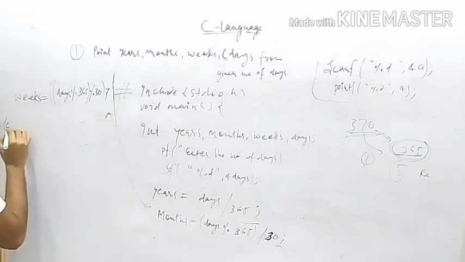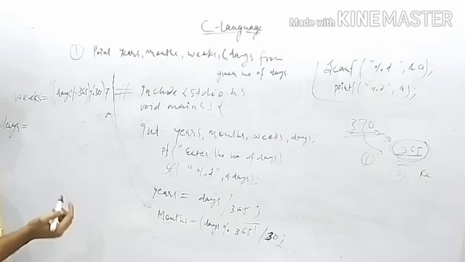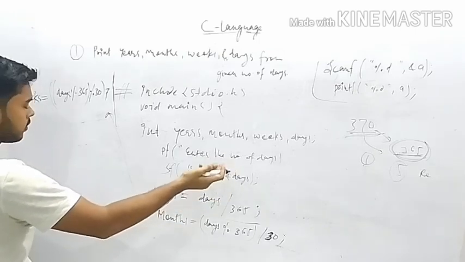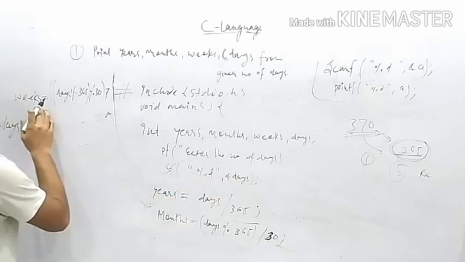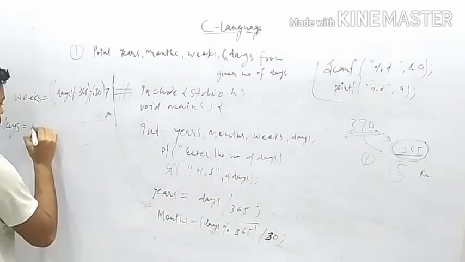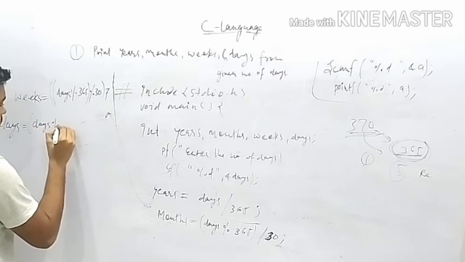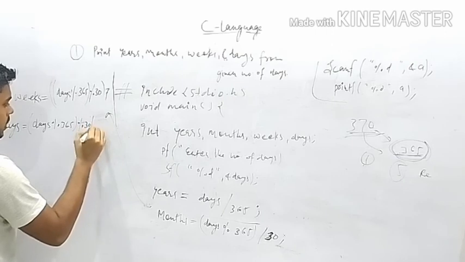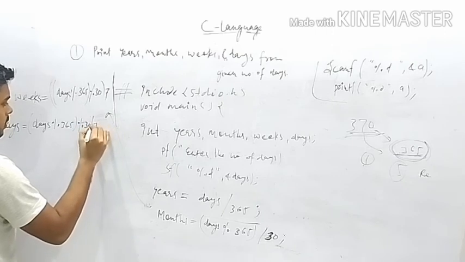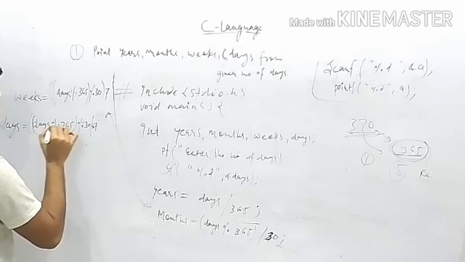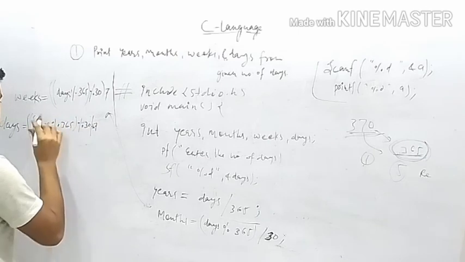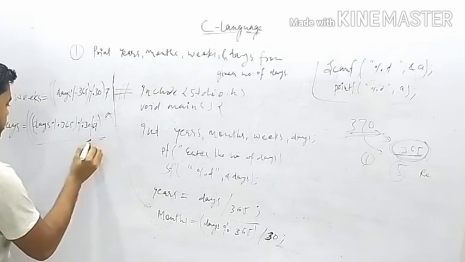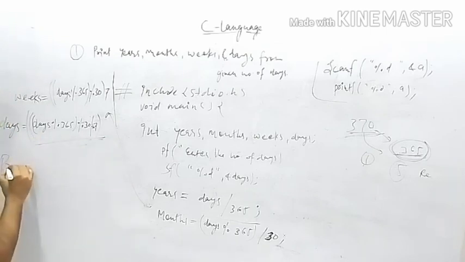Now we have to find how many days remain after finding out years, months and weeks. So we just have to take the remainder by 365, then 30, and then 7. The remaining number from here will be days. Now we can print